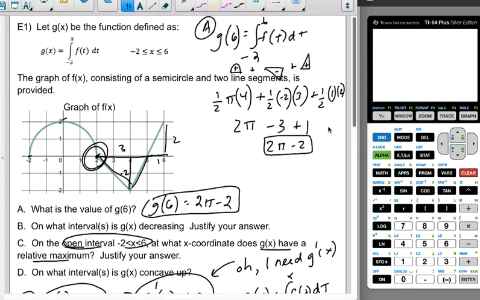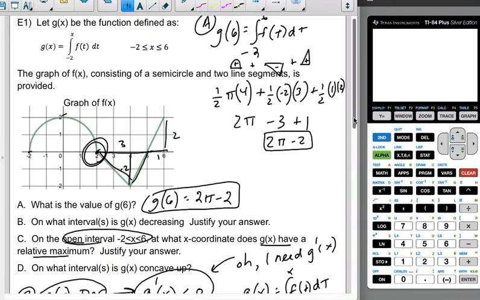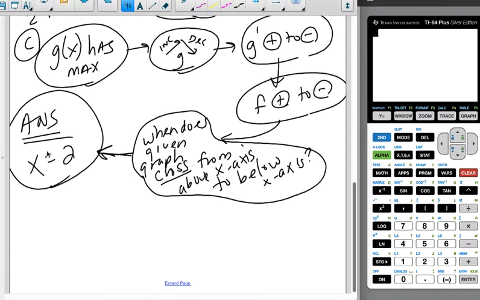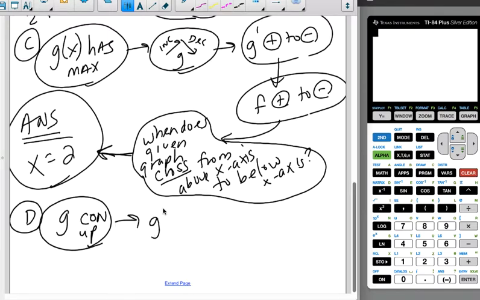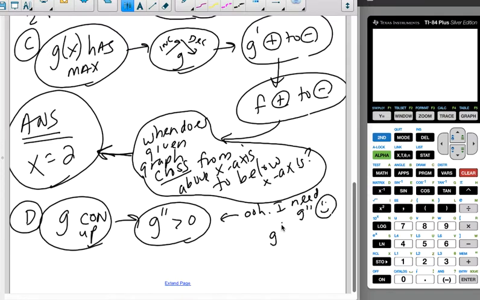All right, last one. On what interval is g of x concave up? So when you read D, if you want g to be concave up, g is concave up if g double prime is greater than 0, right? But I don't know g double prime. So my brain says, ooh, I need g double prime. Well, I know that g prime of x is the same as f of x, so g double prime of x must be f prime of x,